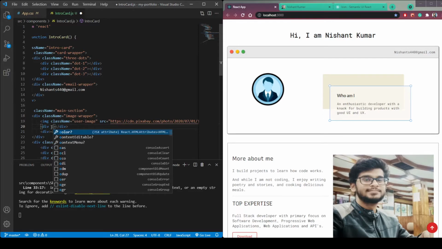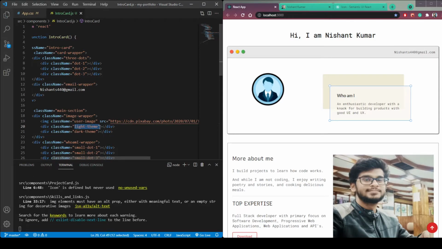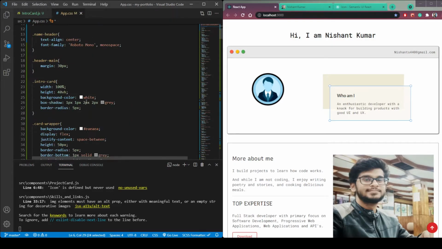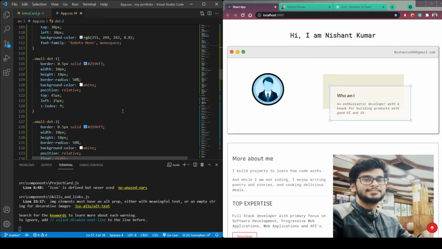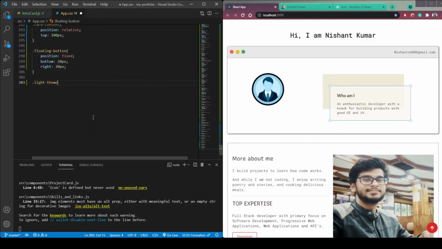Give the first div a class name of light theme, and the second div will have the class name of dark theme. Save it, copy this light theme and go to app.css. Let's use width 40px, then height 40px.